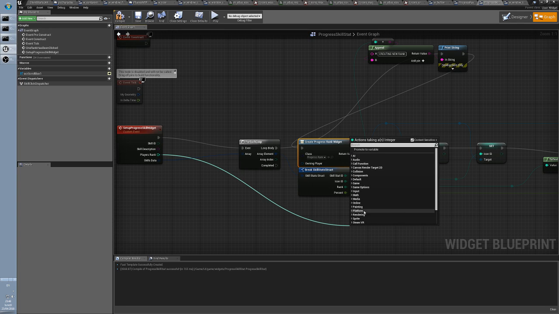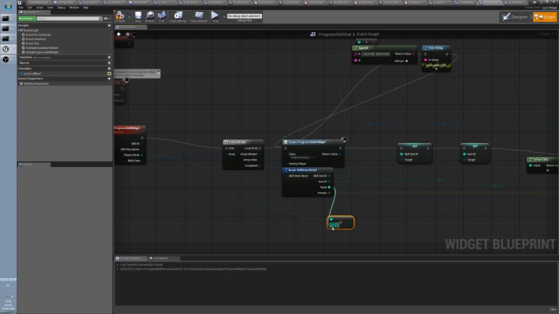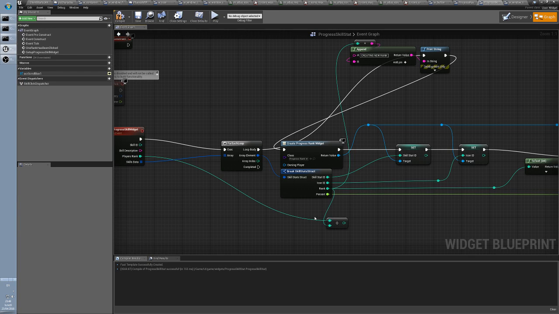I can just do a division, right? One divided by the other. So I can just divide the player rank by the current rank. So let's say the player rank is 10 and the current rank is 10 as well. The total is 1, so I will go to 100%. So this is my percentage. If my player rank is 20 and this rank is 10,